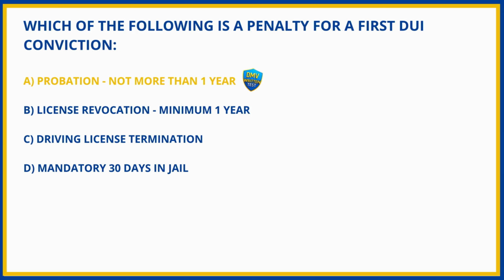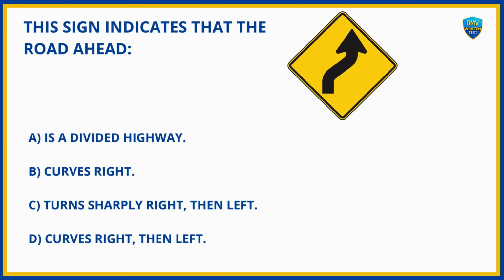A. Probation, not more than 1 year. This sign indicates that the road ahead A. Is a divided highway. B. Curves right. C. Turns sharply right, then left. D. Curves right, then left. And the answer is